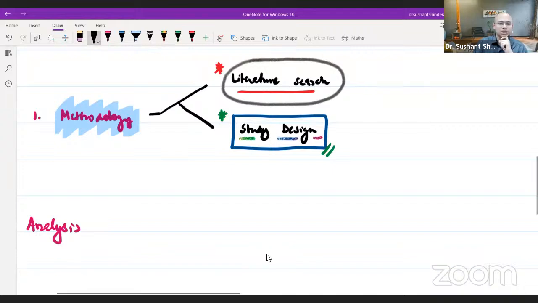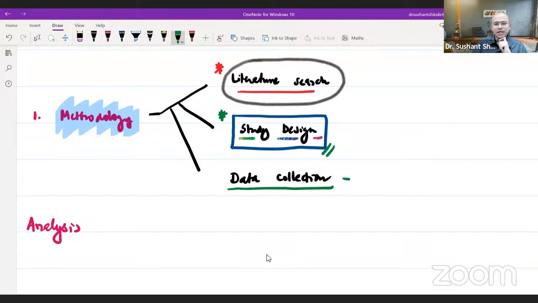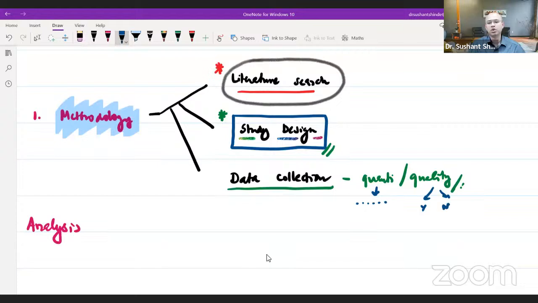So study designs are a very important part of methodology. Another important part of methodology is your data. Data कैसे collect करोगे? This is something that you will especially need when you're doing your own work. The data collection can be divided into quantitative data versus qualitative data, right? Again, we'll spend time understanding what quantitative data and qualitative data are. A simple example: a quantitative data point would be something like 1, 2, 3, 4, 5, and a qualitative data point could be a yes or a no, right?